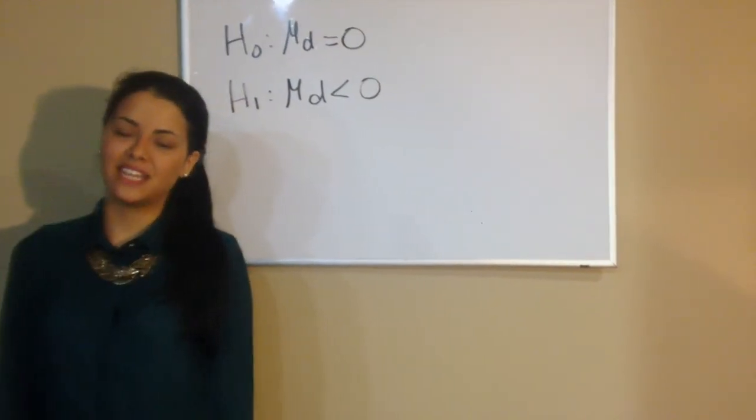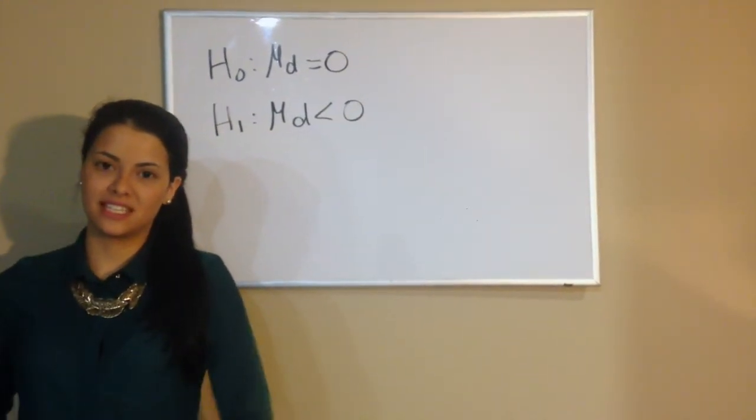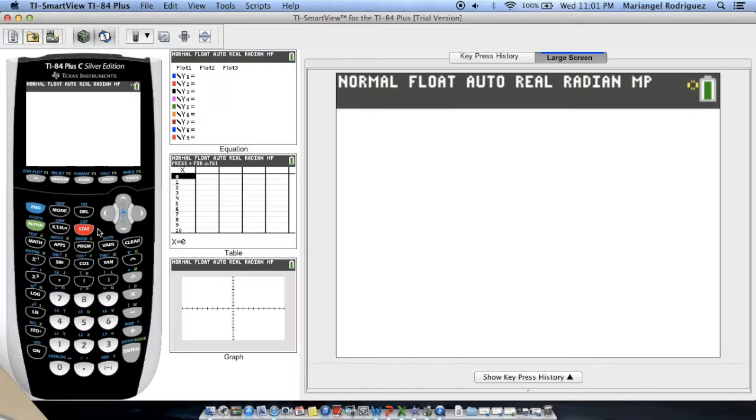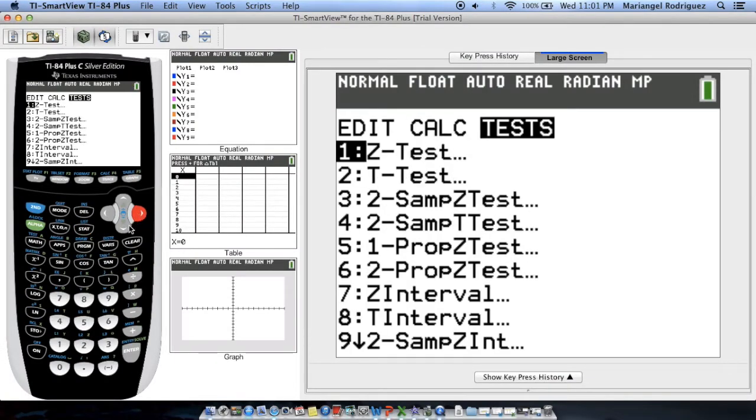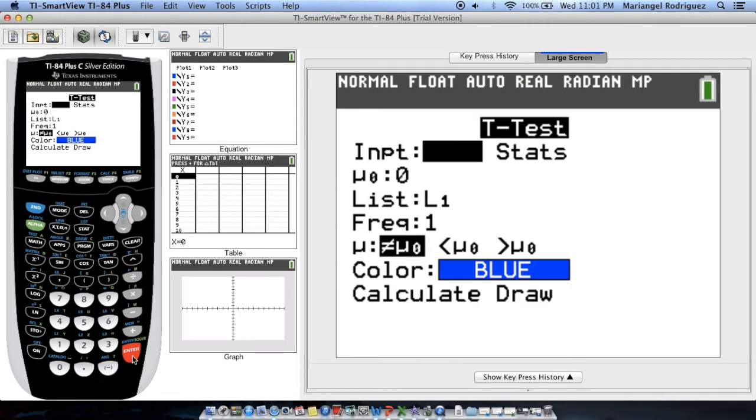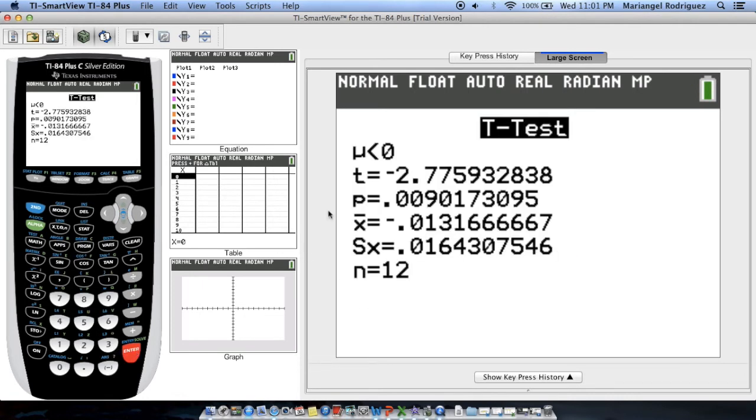Now we have to perform the t-test. We are going to use the t-test in our calculator. For the t-test, we're going to go to Stats, then Test, then T-Test. We're going to select Data. Our null hypothesis value is 0. Then we're going to change the list to L3 because that is where the differences are, and it will be less than. Just press calculate,